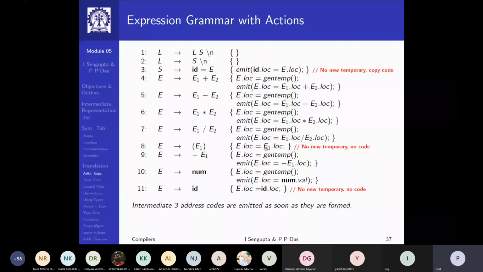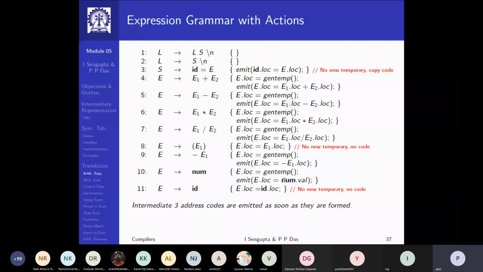We say, okay, the same variable will now stand for E.log. Minus is similar to the binary operator, it's just unary. Now, if you have E generates num, then naturally the number has the value num.val, and you need to keep it at a location because num itself is an expression. So you again do a gentemp, and then you copy num.val into that location.